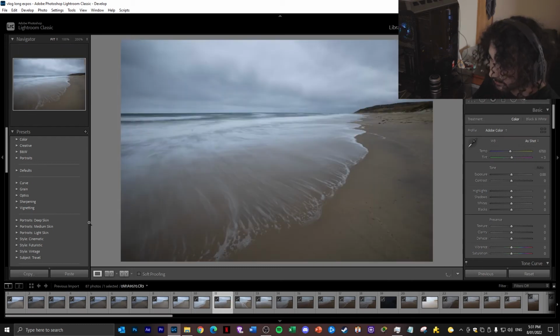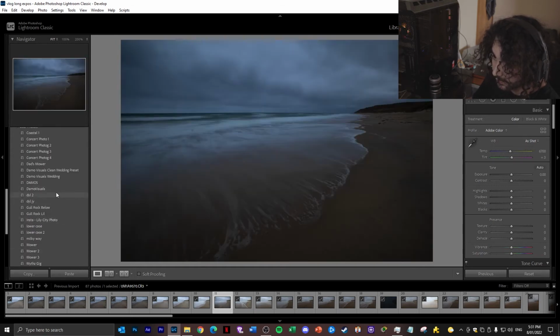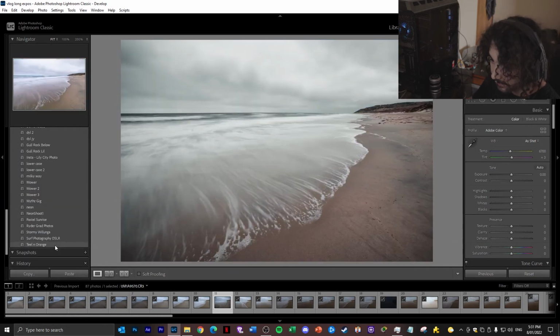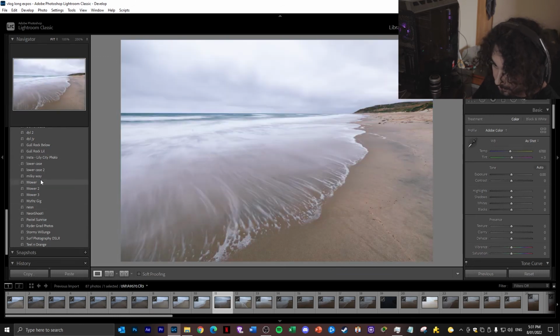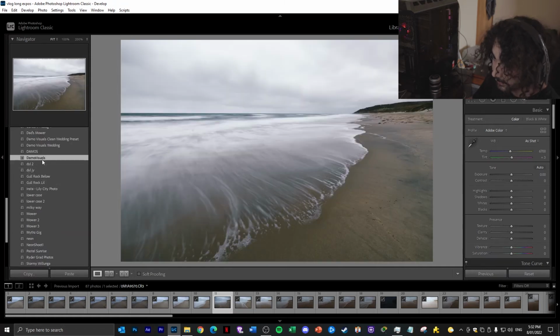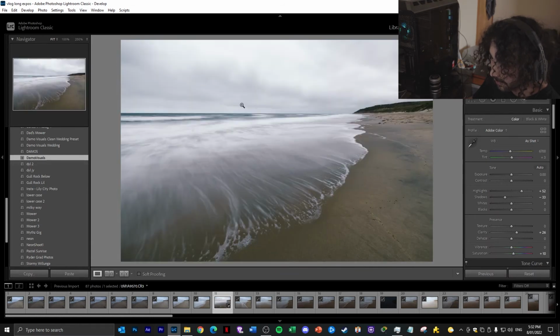So I do actually have some presets. I made these myself, so they're more just for when I'm shooting different types of photography, to give me a bit of a baseline. These aren't available for purchase yet. I don't believe too much in presets because, you know, every camera is different. But in this case, I'm going to give myself a baseline here to work with of my demo visual preset. I just named it after my